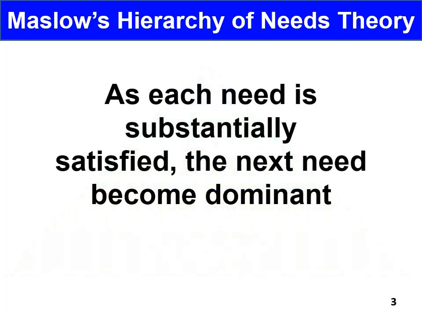So each need or keperluan has to be substantially or significantly satisfied, and from there the person or the employee will move to another level of needs or demands before he can go for the third and fourth in the pyramid. So he starts from the bottom. So let us look at the pyramid for every level, or we call it the demands or needs of the individual and person.